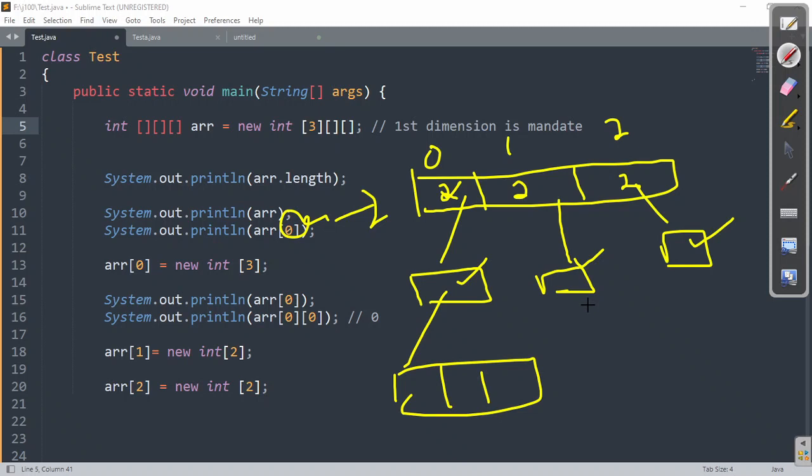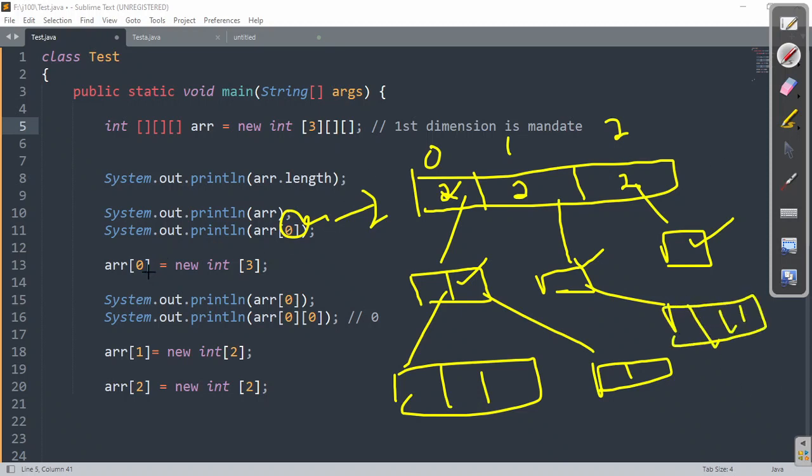Understood? Got my point? Suppose here I have made 2, here I have made 1, here I have made 1, and I have made something like this. Here I have made 4 elements. Look at this. Now if I say ARR of 0, can you please tell me what I'm going to get? How many open brackets? 3 open brackets, because it is a 3 dimension array followed by I at the rate hash code.